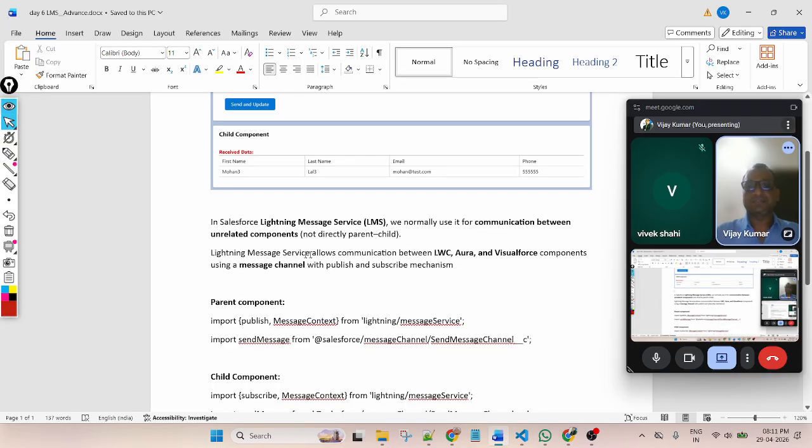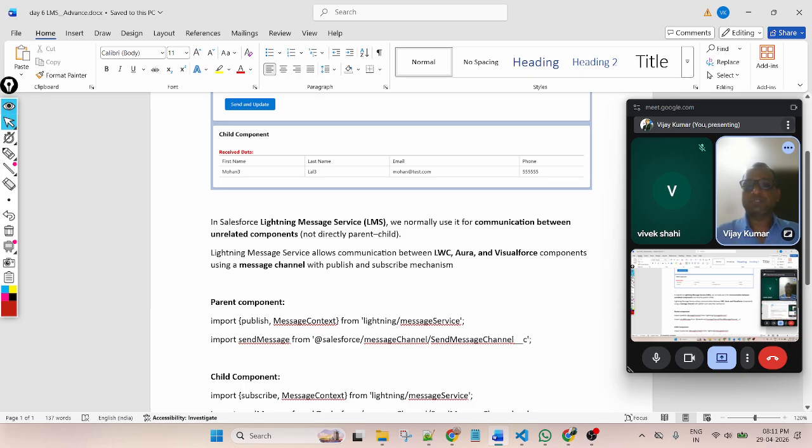Lightning Message Service allows communication between LWC, Aura, and Visualforce components using the message channel with a publish and subscribe mechanism, because there are two types of variables, publish and subscribe. Publish means where you want to send the data, subscribe is where you want to receive the data.